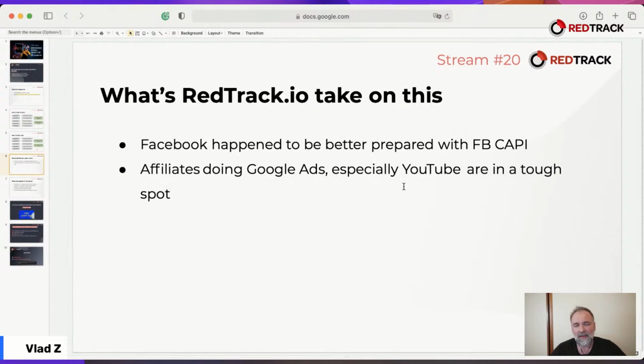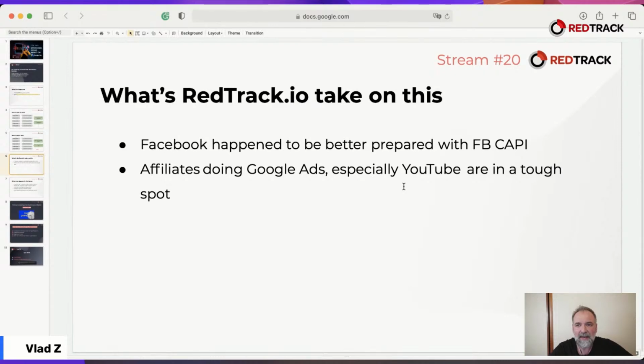You cannot now correctly post back conversions to Google unless you own the conversion event. And this puts all affiliates doing YouTube ads in a very tough spot. And surprisingly, we thought that Facebook was not 100% ready because of all those complex Conversion API changes, how domains are attributed, how aggregated event measurement protocol works.